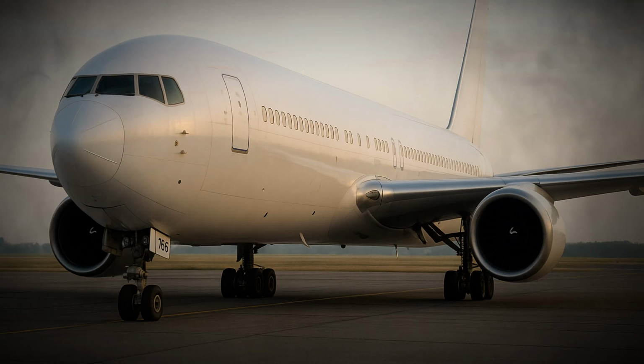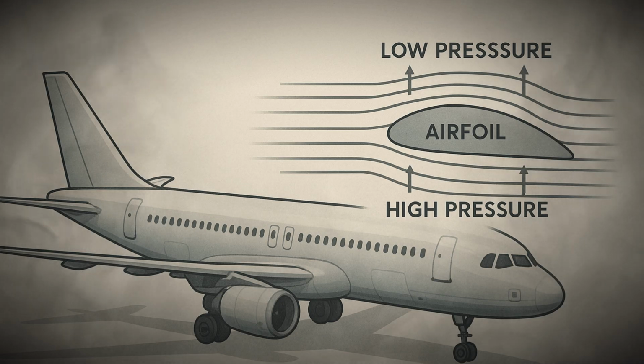Stability is another factor tied to the principles of flight. Airplanes are designed to maintain balance in pitch, roll, and yaw, which are the three axes of movement. The tail of the airplane, with its horizontal and vertical stabilizers, provides forces that counteract unwanted movements, ensuring that the airplane does not pitch nose up or nose down uncontrollably or veer off to the side. Control surfaces, such as ailerons, elevators, and rudders, allow pilots to intentionally manipulate the balance of forces to change direction